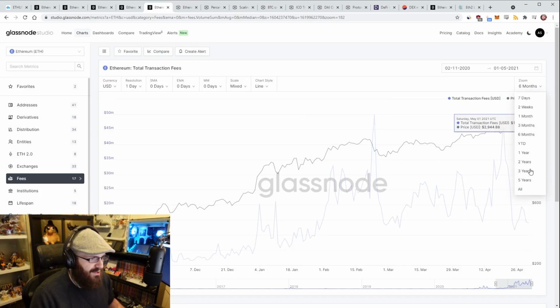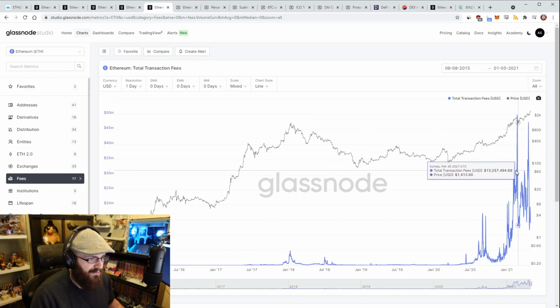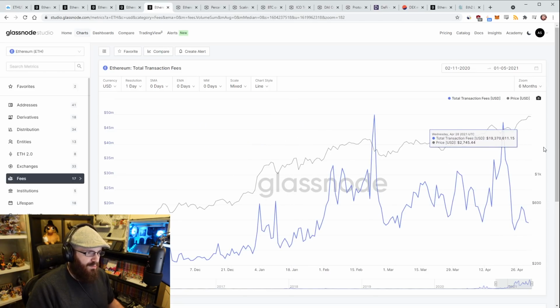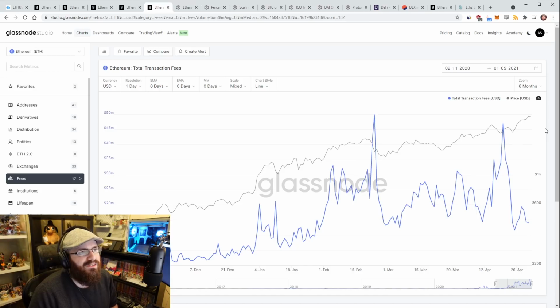And if you go all the way back, it still dwarfs basically all the other transaction fees over the years. It absolutely dwarfs 2017. But I did want to stay on this a bit more about the gas fees being down. I've had people ask me, okay, well, if gas fees are down, won't this hurt EIP 1559's ability to burn lots of ETH like everyone wants to happen? Well, yeah, of course. If there's less fees, there's less ETH being burned, straight up.